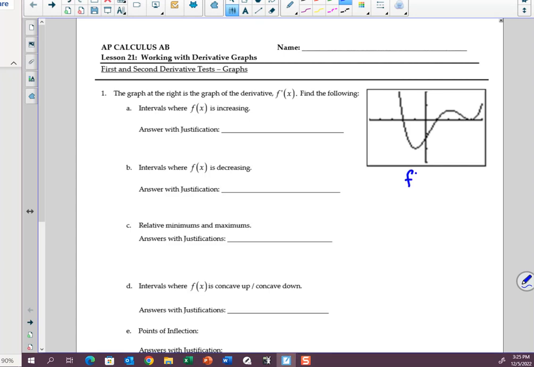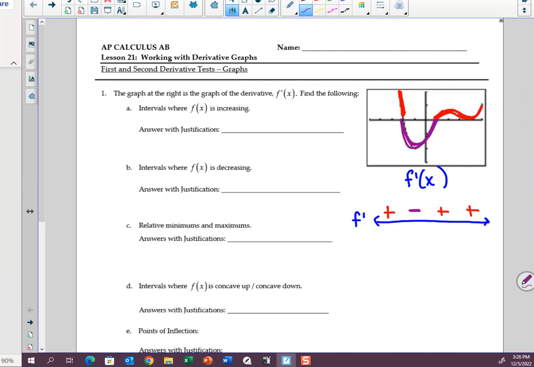This was the derivative graph. This was the f prime graph. And I suggested that even if we're looking at an f prime graph, we can still make an f prime number line. When we are indicating things on the f prime number line, where the f prime graph values are positive versus where the f prime values on the graph are negative